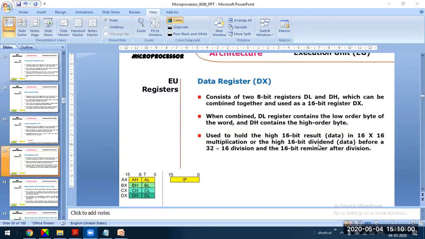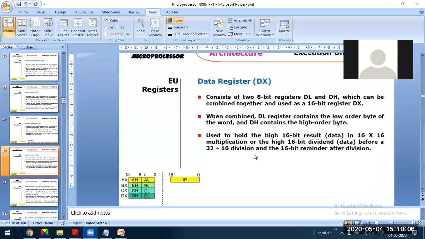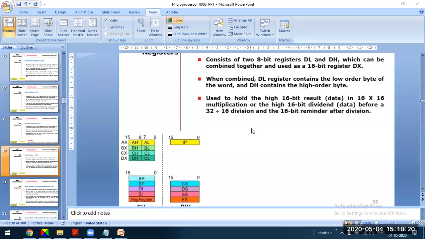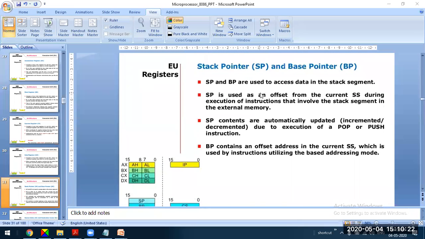It is also used in 16-bit division operations, to hold the upper part of the 32-bit dividend in 32-bit by 16-bit division, and the 16-bit remainder after division is stored in the DX register.